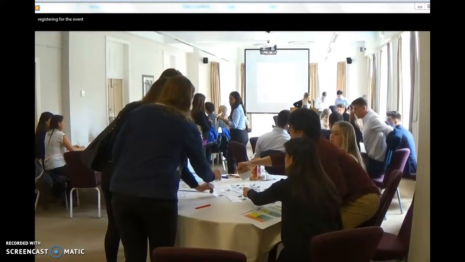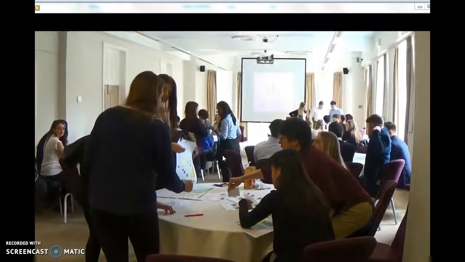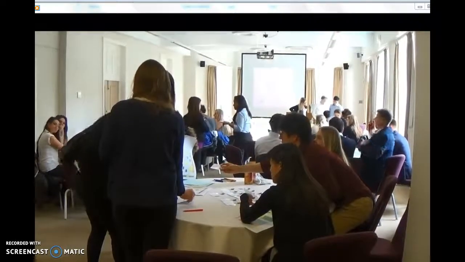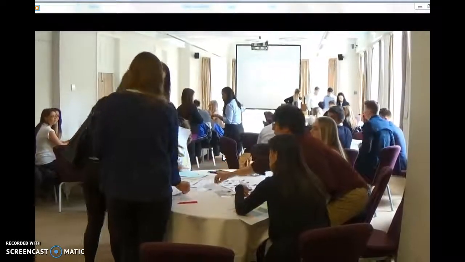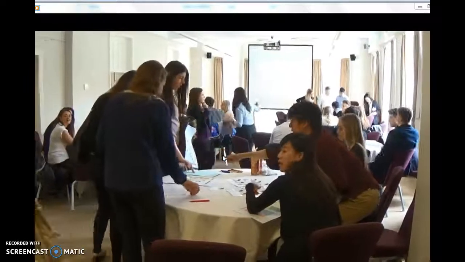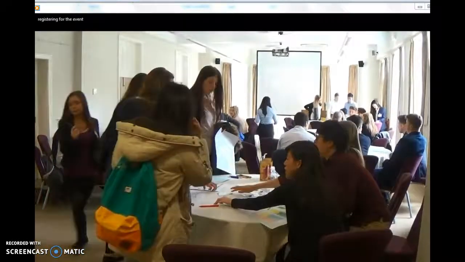Registering for the event, you'll be given a name badge which you'll be asked to wear throughout so that your assessor will be able to check on who you are and gain accurate feedback on you, and you'll be given details of the activities that you'll be taking part in. You'll be taking part in group exercises,